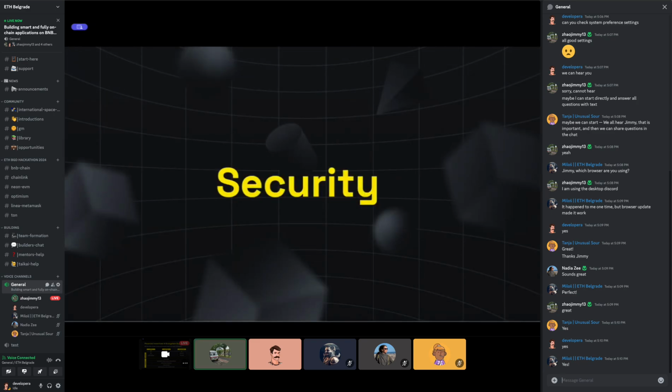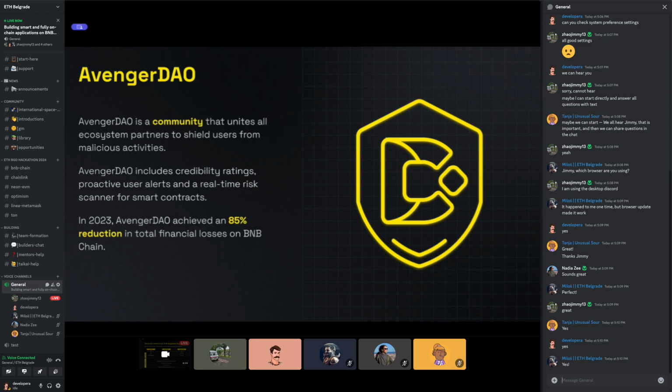Finally, I'd like to highlight the security of the BNB chain. As I mentioned earlier at the beginning of this presentation, we have the Avengers DAO. It's a community that unites all our partners to protect users from hacking or spamming. Avengers DAO also provides alerts and a real-time risk scanner for smart contracts.